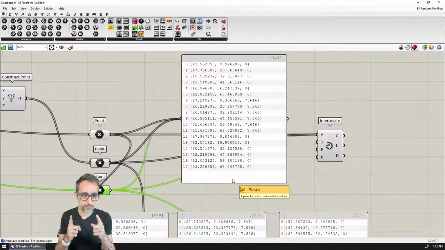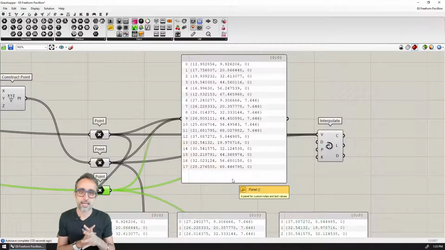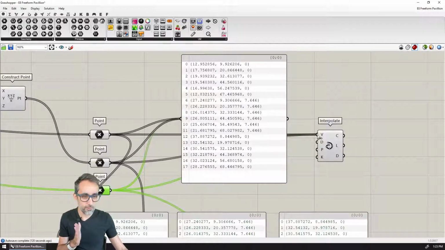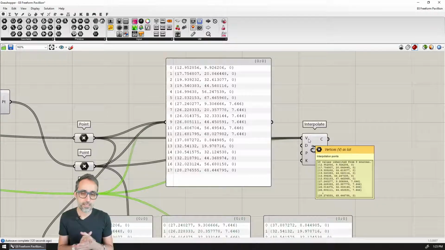All right. So that's one thing that is important to note. And then the other thing that is important to note is that one of the biggest rules in Grasshopper is that 95% of the components work at the level of lists. What does that mean? What that means is that if I take